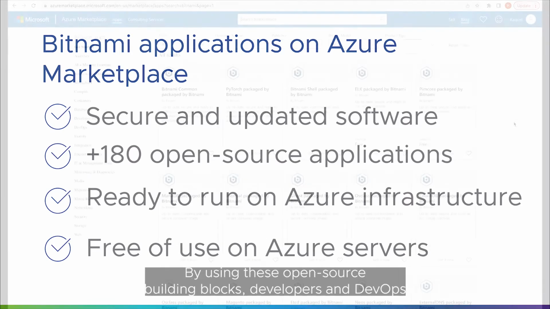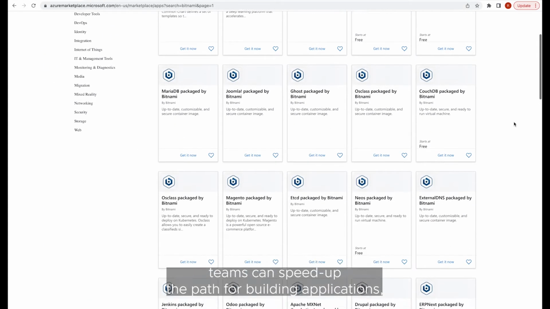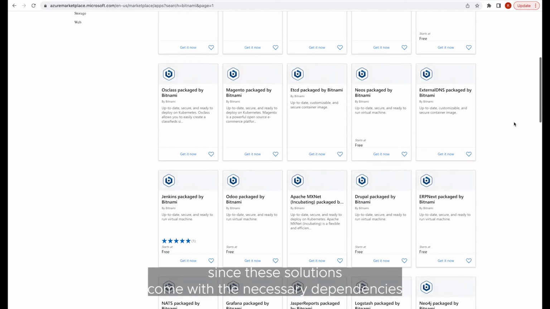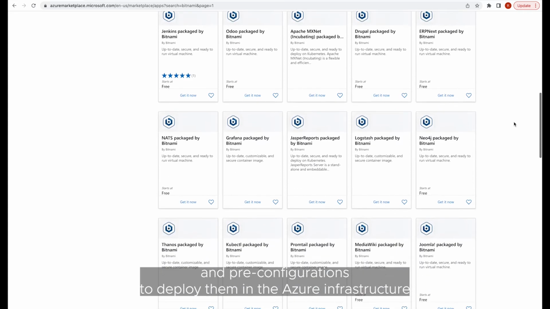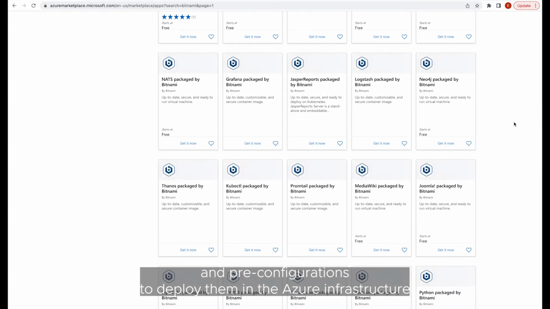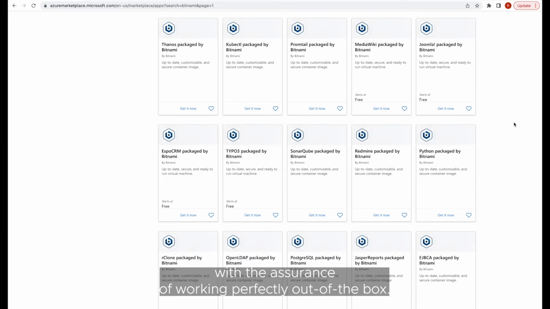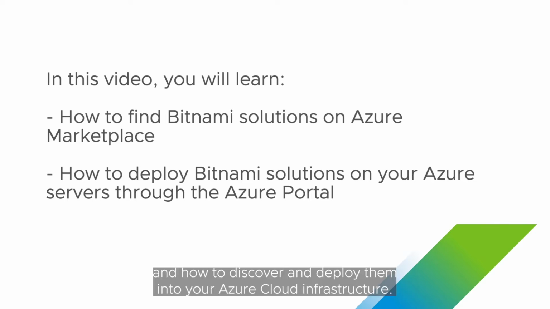By using these open source building blocks, developers and DevOps teams can speed up the path for building applications, since these solutions come with the necessary dependencies and pre-configurations to deploy them in the Azure infrastructure with the assurance of working perfectly out of the box. This video gives you an overview of Azure Marketplace, Bitnami solutions, and how to discover and deploy them into your